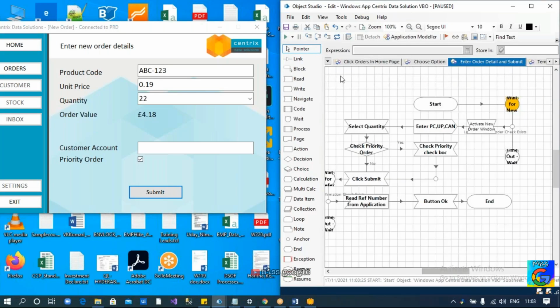field for this record. Now it is going to activate the application, and now we are going to enter product code, unit price, and customer account number. Since the customer account number value is empty, no value will be entered here. Okay, now it is going to select the quantity. Okay, and then it is going to set the priority order. Okay, so once the priority order is set, now we are going to click on submit button. Submit. Okay, so once you submit,